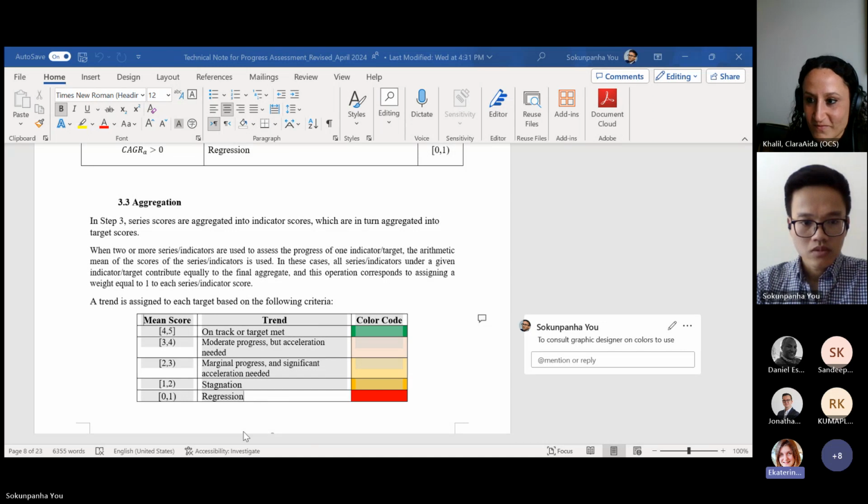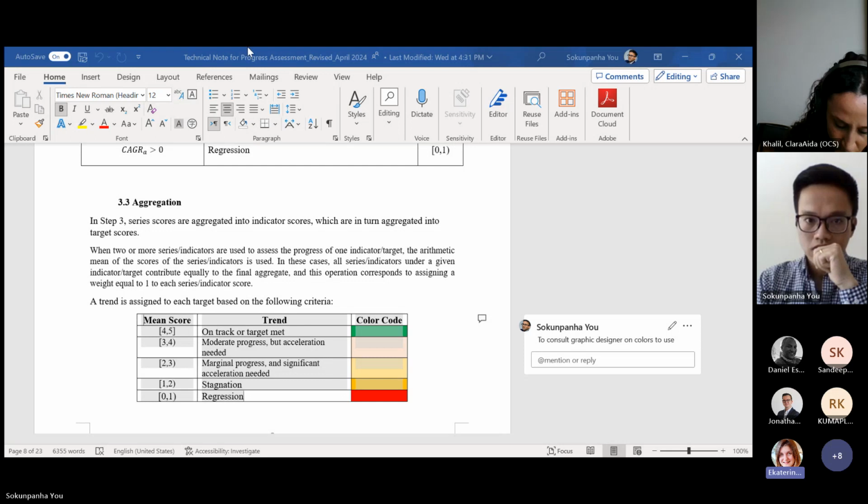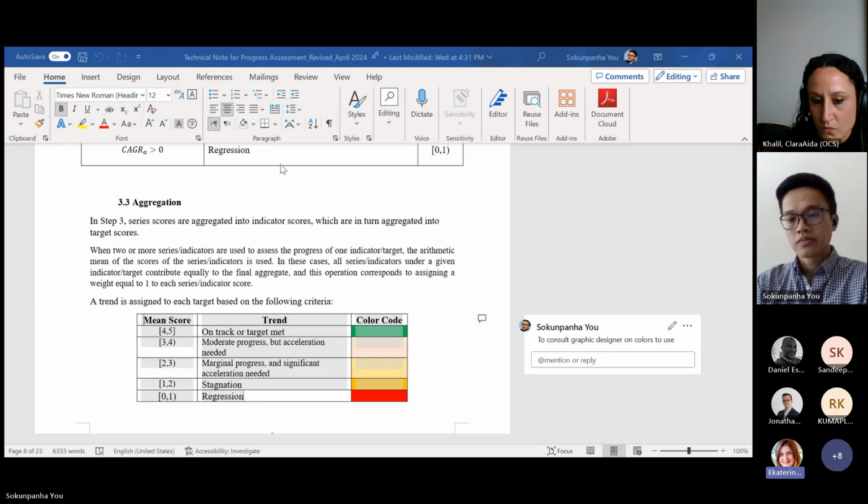Yeah, thank you, colleagues, for this work. And just a small question before we go on. I'm sorry, I have issues with my camera. I don't know why. Maybe it's from the laptop. About our comments, when we go through the document, should we provide comments on Annex 1 as well? Because I understand that not all custodian agencies are in the group. So it seems like you will get comments from some custodian agencies regarding their indicators, but you will not get comments from others.